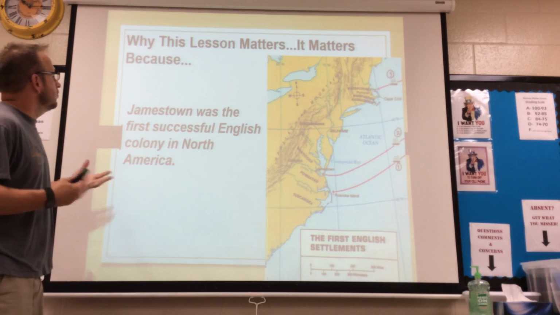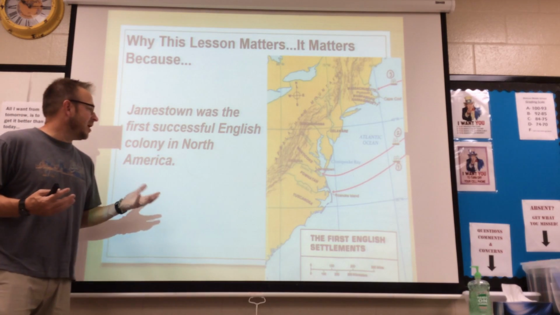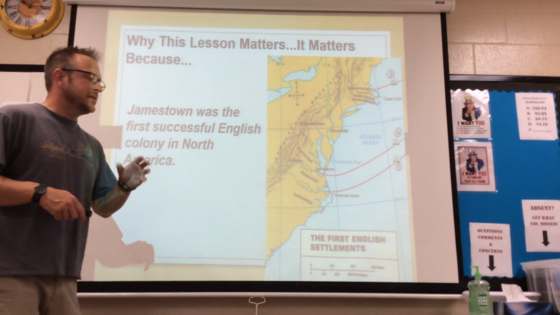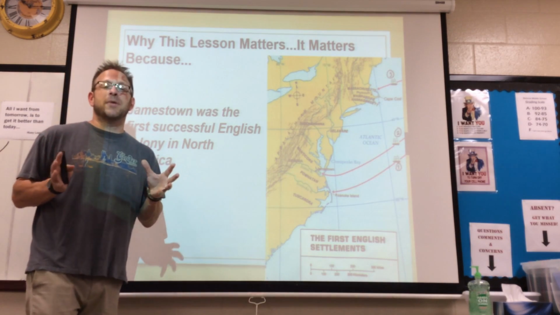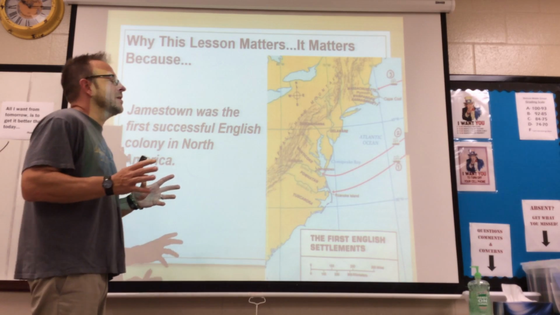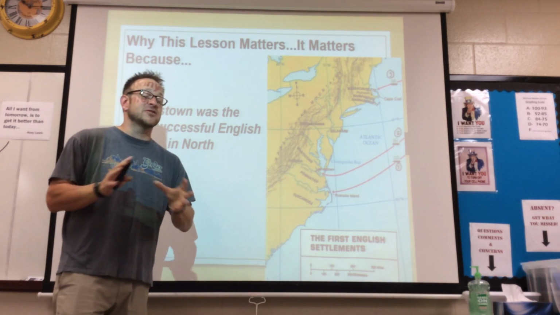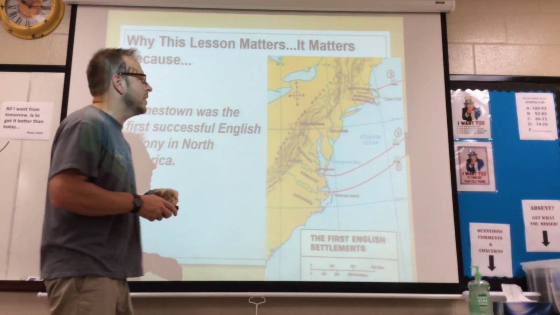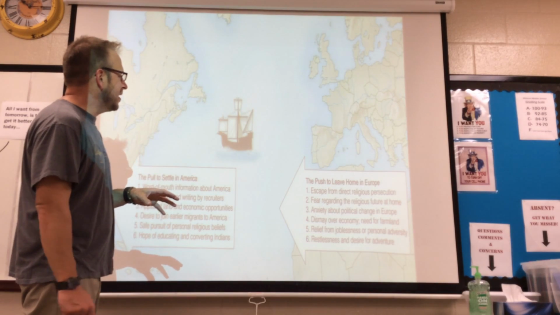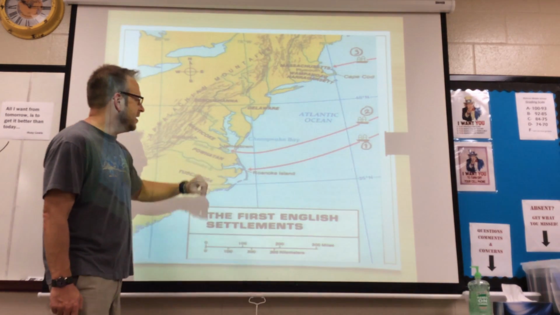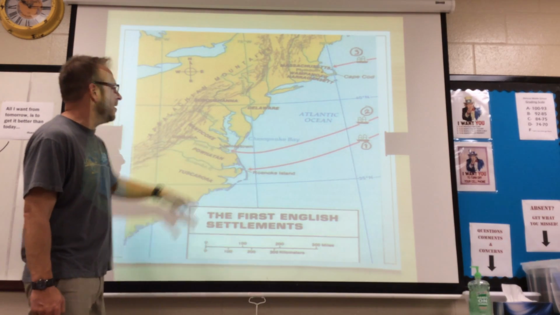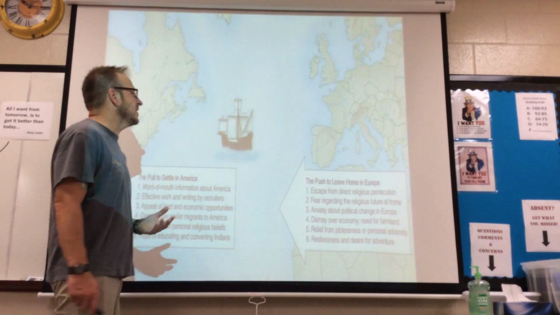Now, Jamestown was the first successful colony in North America. We talked before about Roanoke Island. It didn't go so well. We don't know what happened there. It's still a mystery today. They are finding out some things through archaeological digs, trying to piece it together, but we still truly don't know what happened. We've talked about that already, but today we're going to focus on Jamestown. Jamestown, 1607, they come into the Chesapeake Bay area. We'll talk a little more about geography in a second.